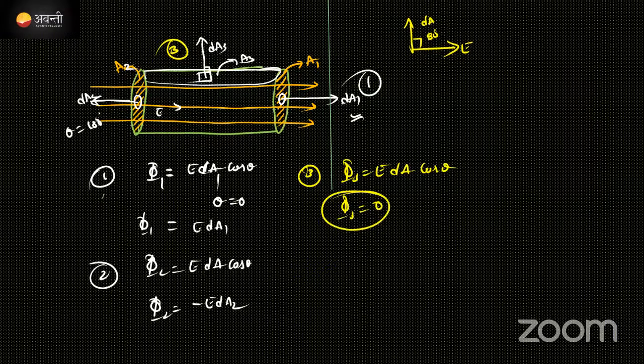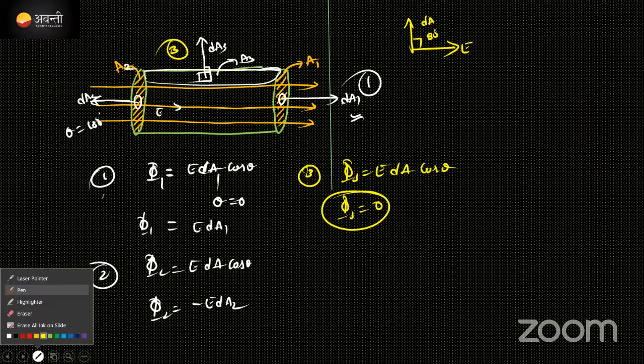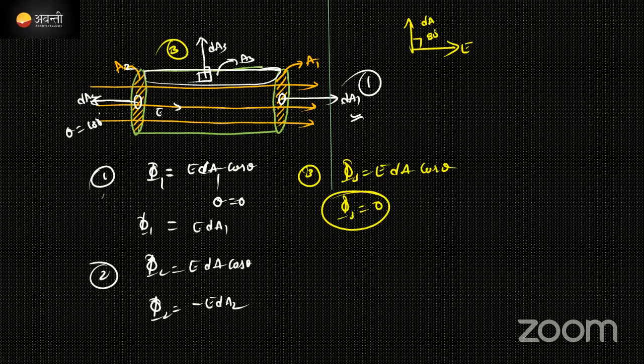And now what will be the total flux? देखो total flux find out करने के लिए हमको क्या करना है, we have to add all the flux because flux is a scalar quantity, right? Scalar quantity or vector quantity? Let me know now, flux whether it is scalar or vector. I want answer from your end. Scalar one, correct now.